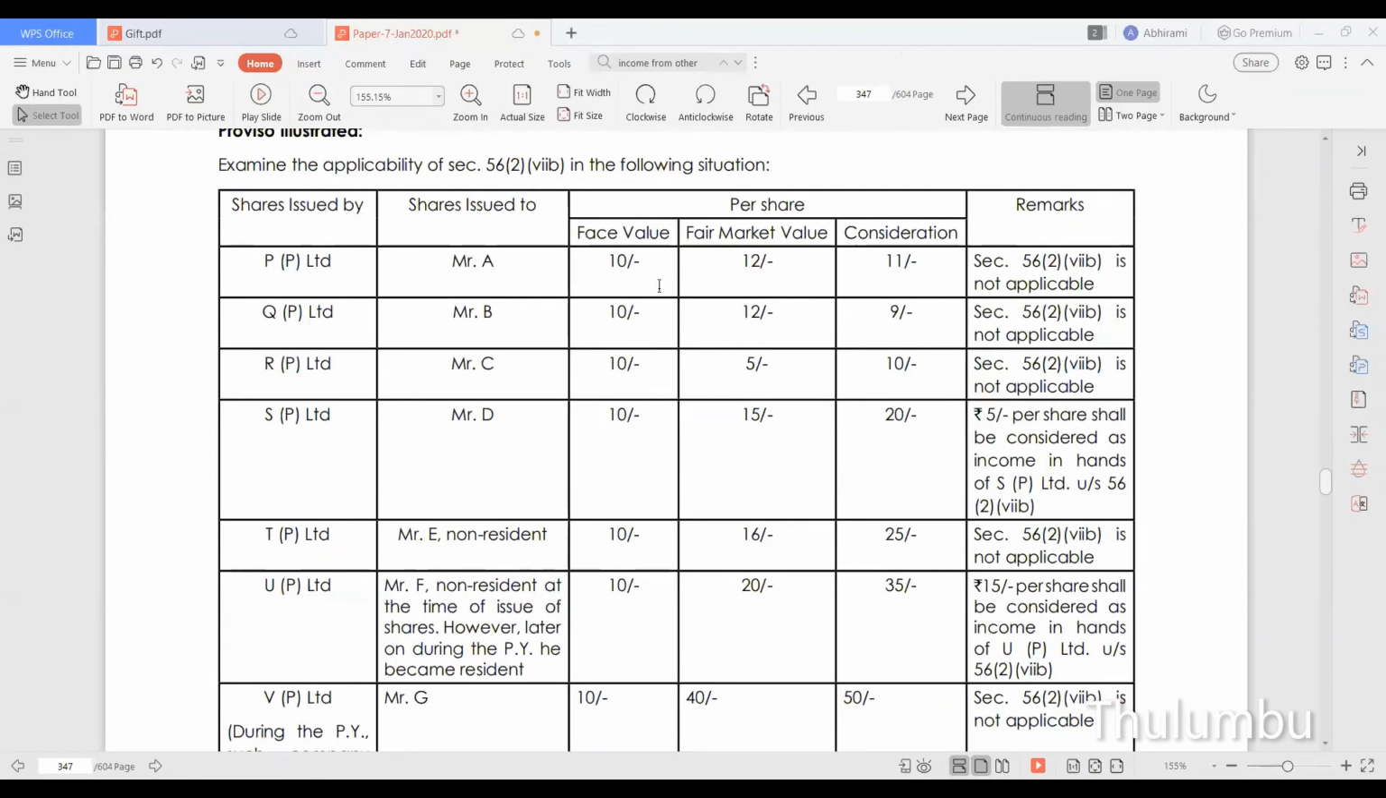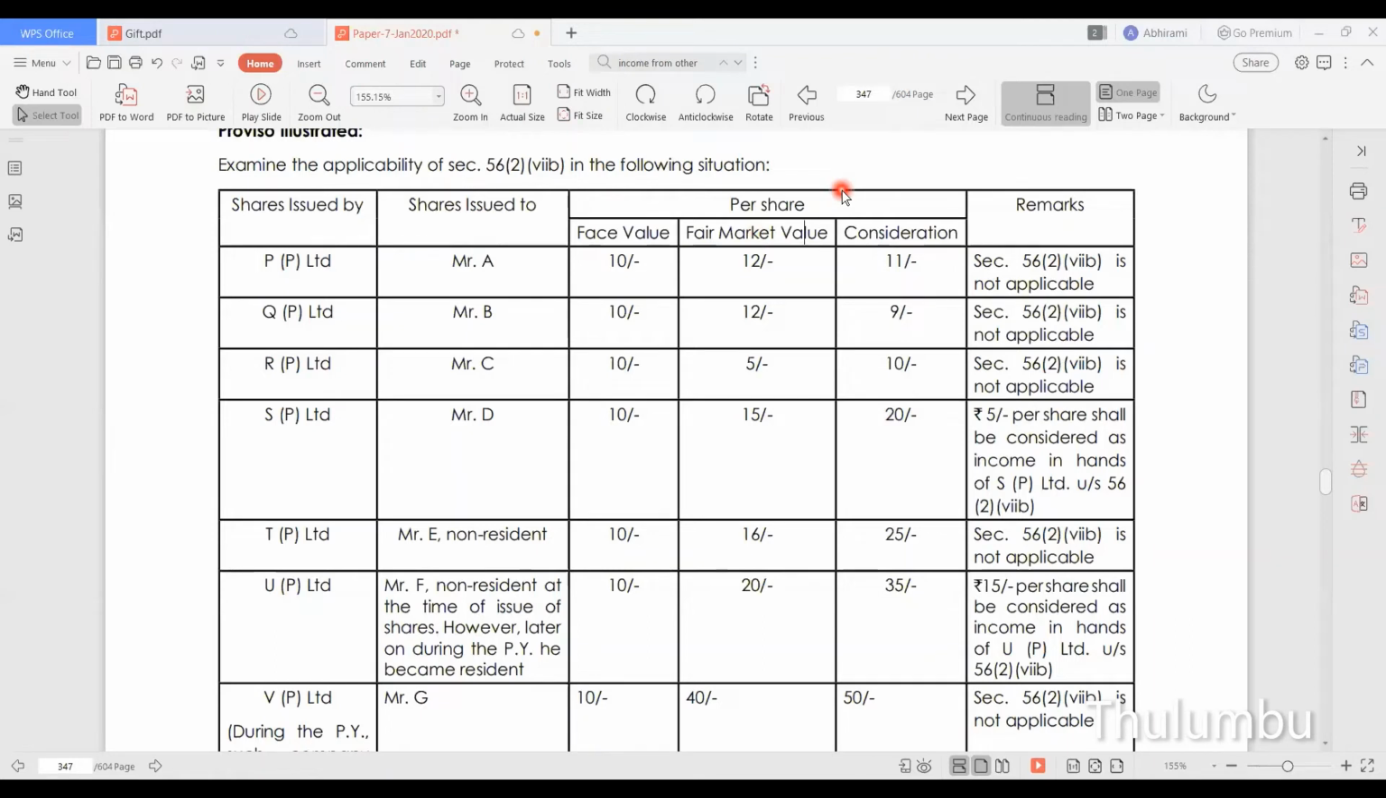So first, what you check is whether you have got the face value, fair market value, consideration. Face value is the rate of that share. You see, a share is a 10 rupee share or a 100 rupee share, and in our company accounts we put it in share capital. 1 lakh shares of rupees 10. So that is the face value. These 10 rupees shares they are selling for 11. So the first case is: check whether the consideration is more than face value and fair